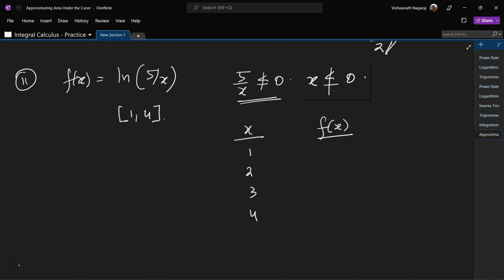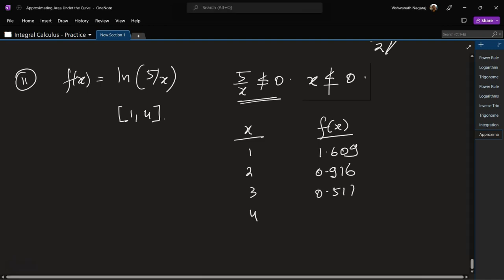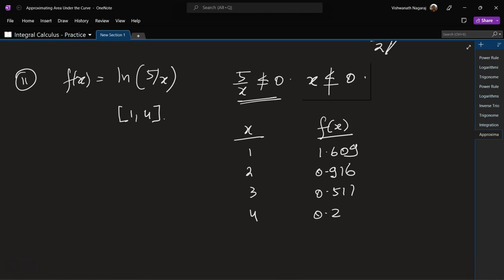Natural log of 5 is 1.609. Natural log of 5 by 2 is 0.916. Natural log of 5 by 3 is 0.511, and natural log of 5 by 4 is 0.223. So again, using the trapezoid method,